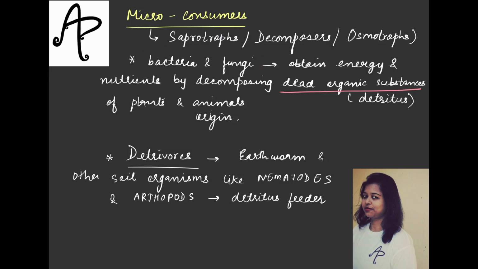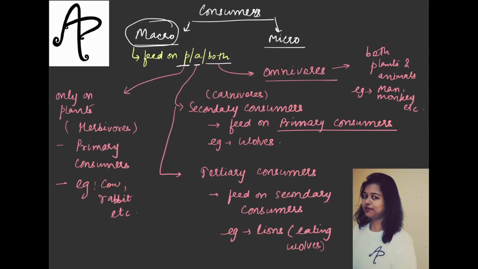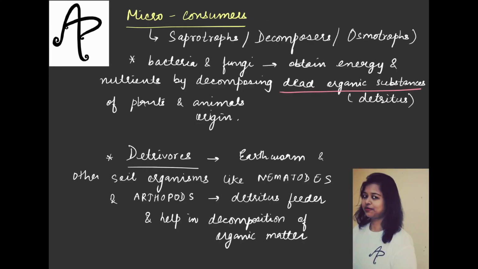अब ये जो dead organic substances बचे, ठीक है, इनको भी जो खाने वाले organisms हैं, so they are like earthworms और कुछ other soil organisms, and they help in decomposition. इसको बिल्कुल छोटे छोटे particles में तोड़ देना of the organic matter. So they are the examples of micro consumers. So we have done macro consumers here, herbivores, carnivores, omnivores, etc. And then you have the micro consumers.